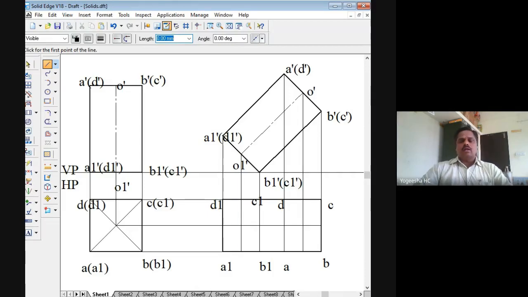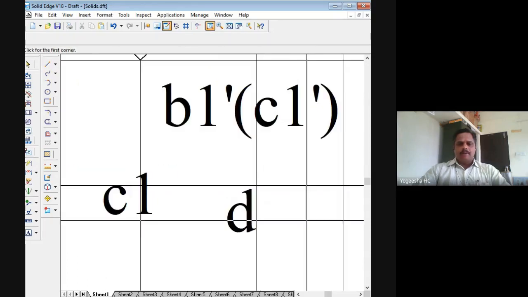Now I have to mark the top surface and bottom surface. When you look from the top here, the top surface is nearer to the observer and the bottom surface is away from the observer. This means that the bottom surface is hidden and the top surface is visible. So all the corners of the top surface, I have to join them with a thick line. That is why I am joining here with a thick line. So I have to get this endpoint marker here. So I'll just zoom that. I have to get that point properly.